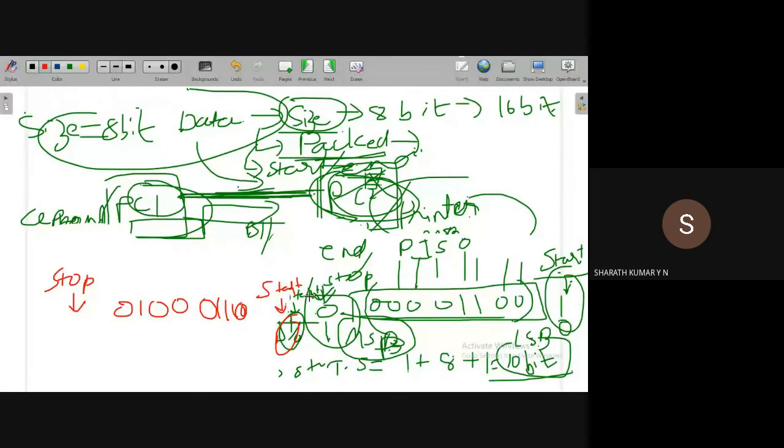So when this data is transmitted, the receiver first comes across the start bit. It knows that this is the start bit, so it will ignore it. It starts storing the data from the second bit, which happens to be the LSB of the actual data, LSB of byte 1. These 8 bits will be stored in a register in the receiving device.